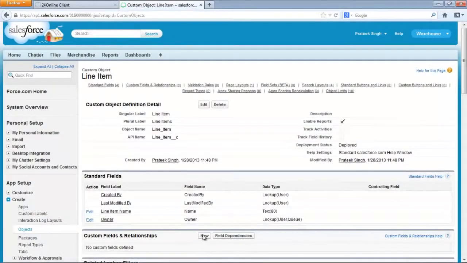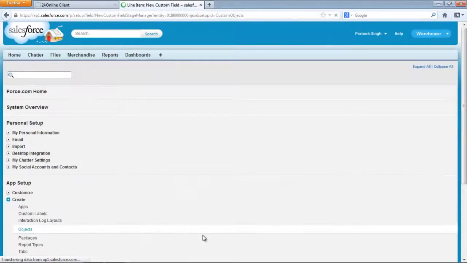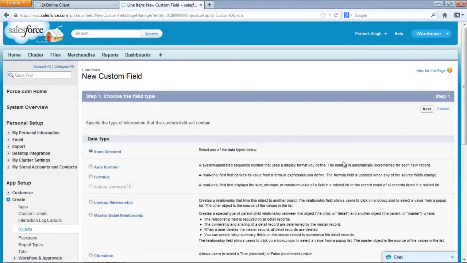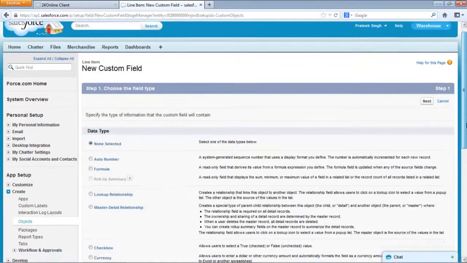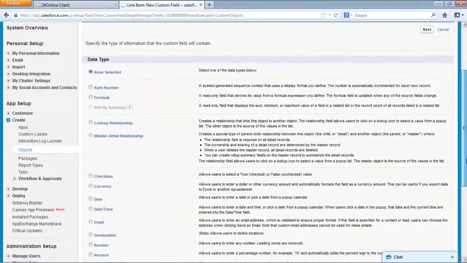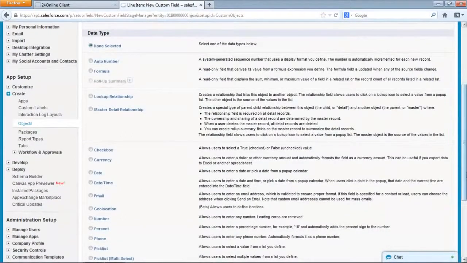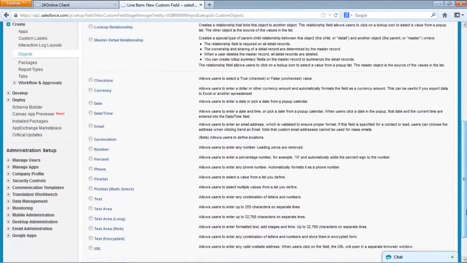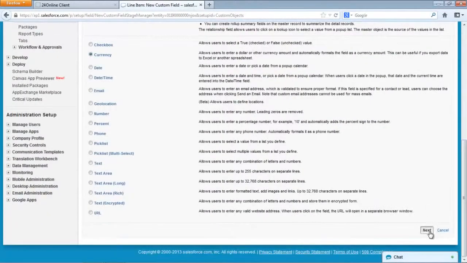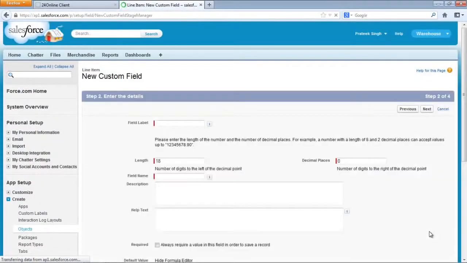So now we will add some fields to this line item as well. Let's see, every line item has a unit price. In inventory we also had a price field, in the invoice statement, but an invoice comprises many line items. So that price is actually the total price of the line items, and this price is the price of an individual line item. An invoice can have 5 or 6 items. Like if you go to a grocery, you can buy toothpaste, chocolate, a lot of things. So combining that is an invoice statement. So that price is the total price, and this is the price of an individual line item like a toothpaste or whatever.